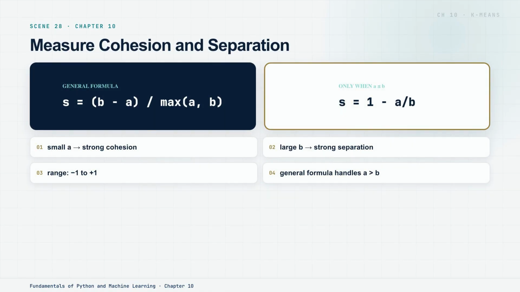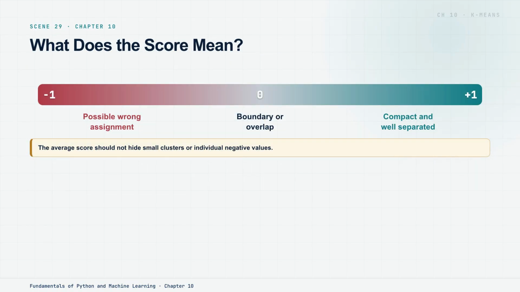The general silhouette coefficient formula is (B minus A) divided by the larger of A and B. This produces a value between -1 and +1. The book presents 1 minus A divided by B. That simplified expression is equivalent when A is less than or equal to B, which is the common well-clustered case. Using the general formula is more accurate because it also handles observations whose own cluster distance is greater than the neighboring cluster distance. A silhouette value near +1 indicates that an observation is close to its own cluster and far